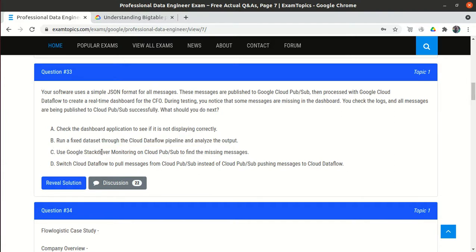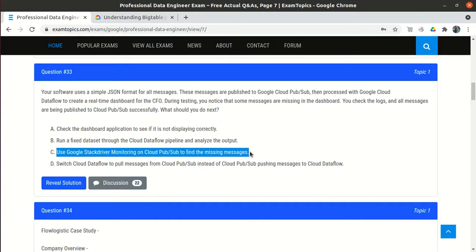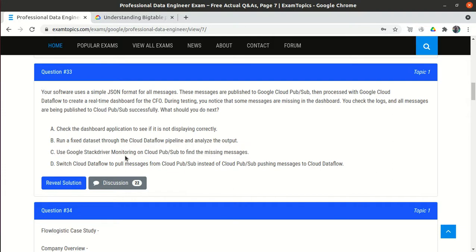Use Google Stackdriver monitoring on Cloud Pub/Sub to find the missing messages. So it says to use a Stackdriver tool on Cloud Pub/Sub to find the missing messages. We already know that on Cloud Pub/Sub we have 1000 messages, and only 900 messages came, and we already know that 100 messages are missed.